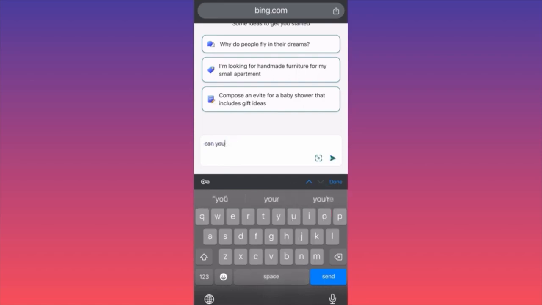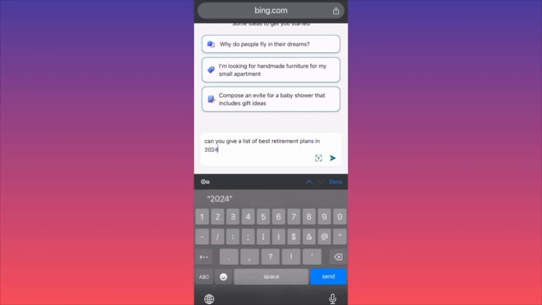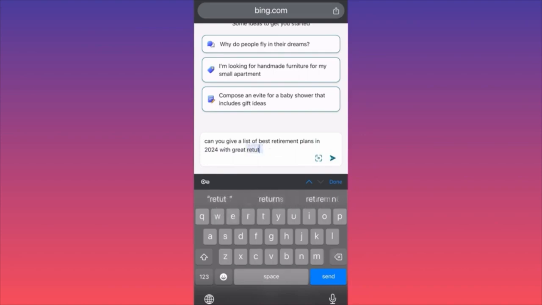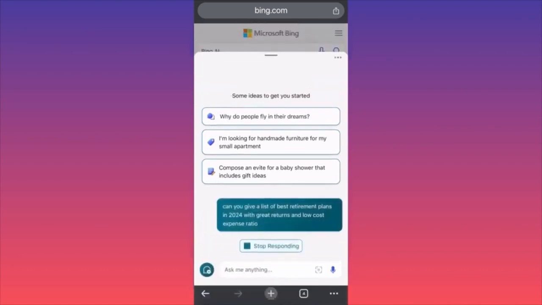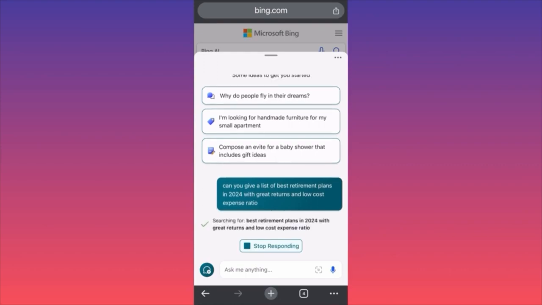Can you give us a list of best retirement plans in 2024 with great returns and low cost expense ratio? Okay guys, so we're going to go and send the algorithm back to Bing search, and he's going to extract all the people's reviews.